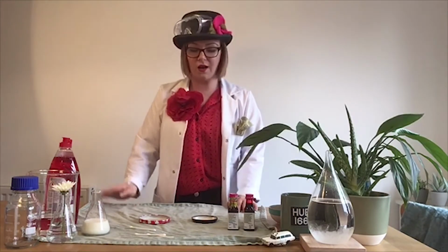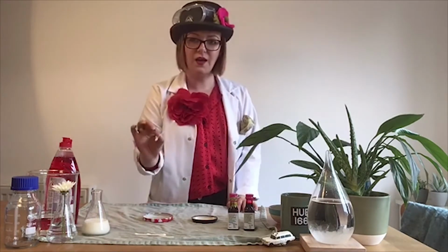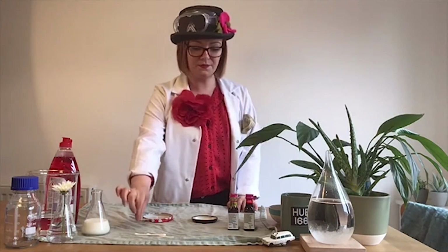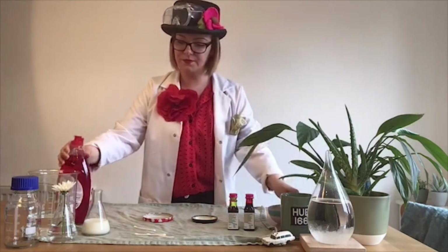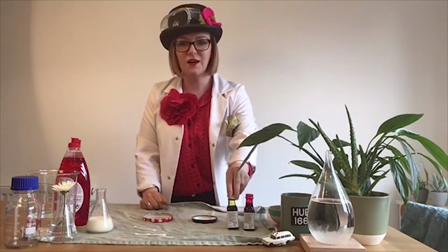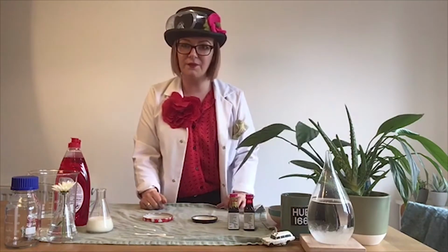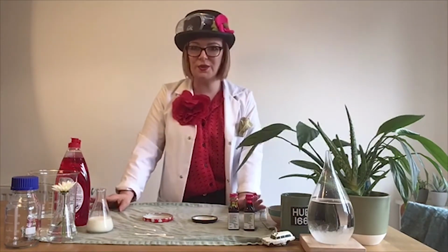Anyway, to go on your cosmic journey and make your milk planets, all you need are some clean jam jar lids, some clean cotton buds, some dish soap in a little bowl, some milk, but ask your grown-ups first if you're allowed the milk, and a couple of different colours of food dye. Put down a tea towel or something on your table just to make sure you don't get food dye